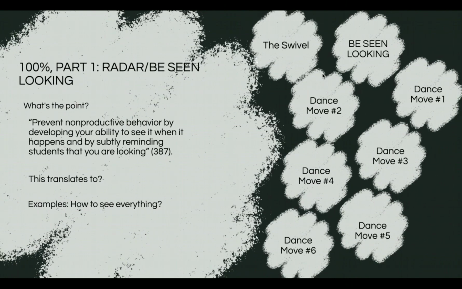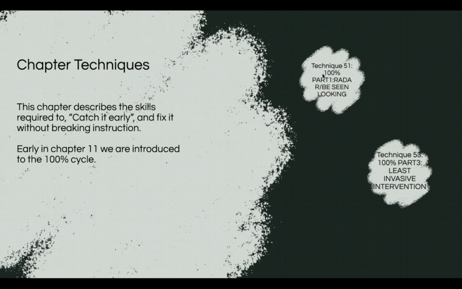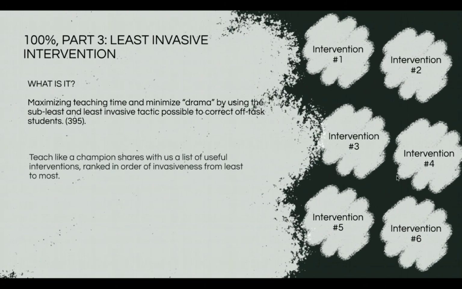Leon here. Jumping into the next technique, this one really stood out to me in this chapter. It's Technique 53. It's also a part of that 100% cycle, part 3, the least invasive intervention. Now, what is it? Maximizing teaching time and minimizing drama by using the least invasive tactic possible to correct off-task students. Teach Like a Champion shares with us a list of useful interventions ranked in order of invasiveness